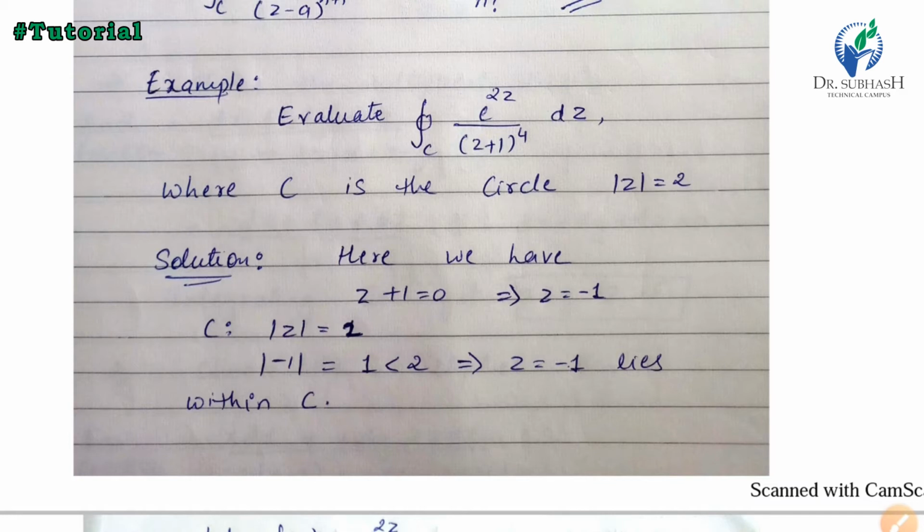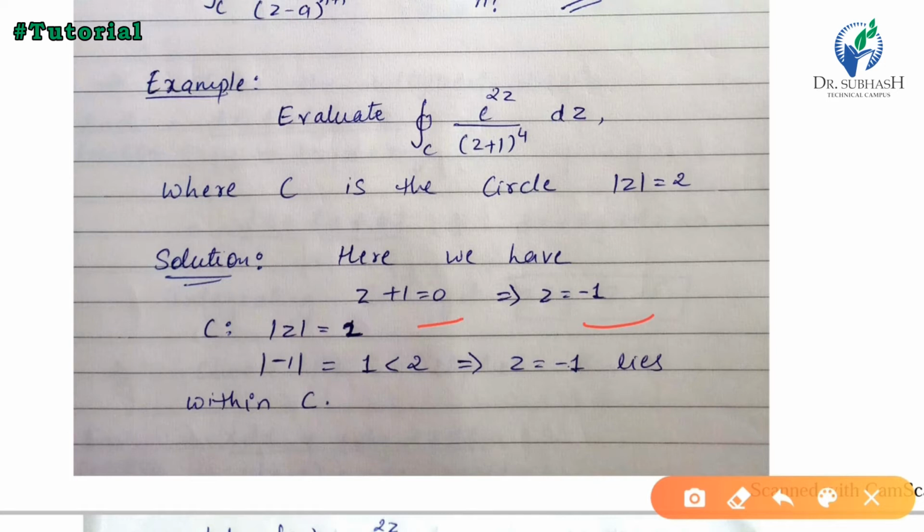Now, according to Cauchy integral formula, we have to find the value of z from its denominator and substitute it in the given curve and see whether it lies inside or outside the circle. So here our denominator is z plus 1 raised to 4, but we need only the value of z, so there is no need to consider the power 4. We will only write z plus 1 equal to 0, so z equal to minus 1.